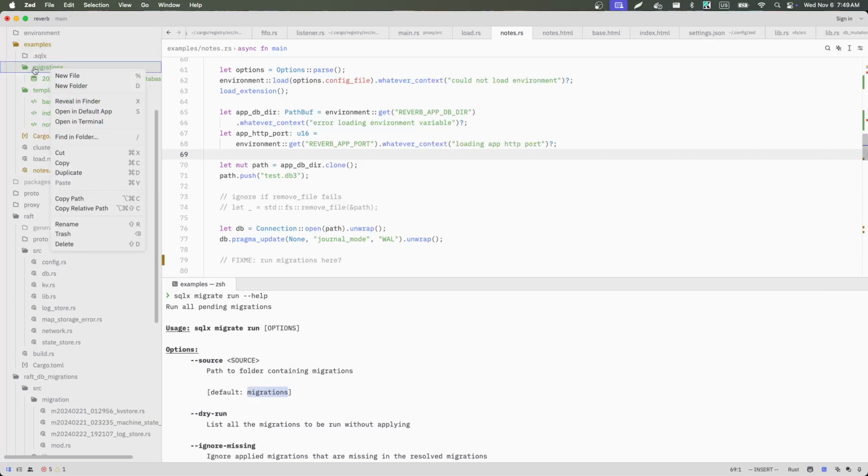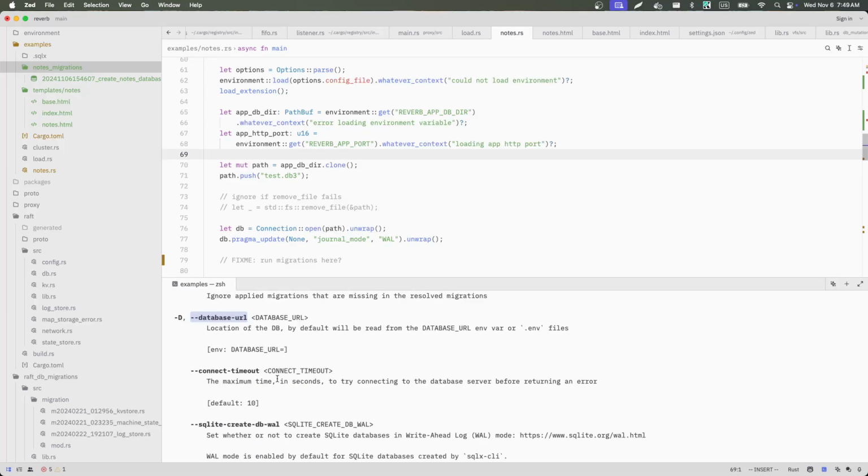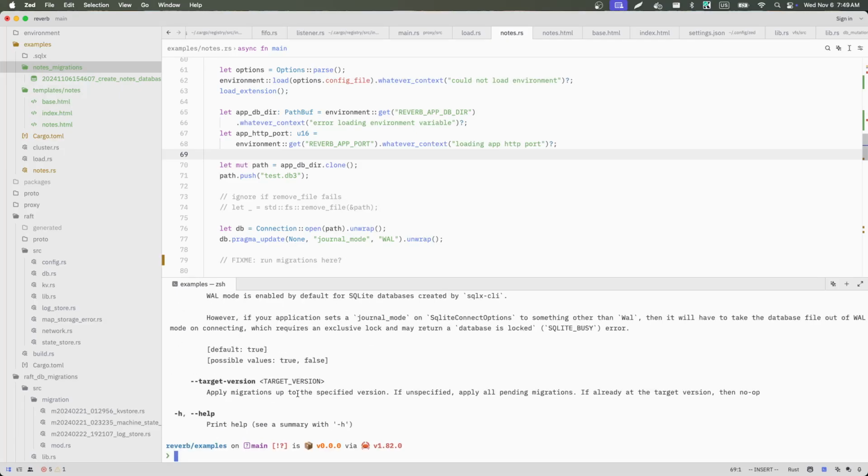Perhaps we rename this migrations to notes migrations. So we will need to provide the source, a database URL. Okay. Source is equal to notes migrations